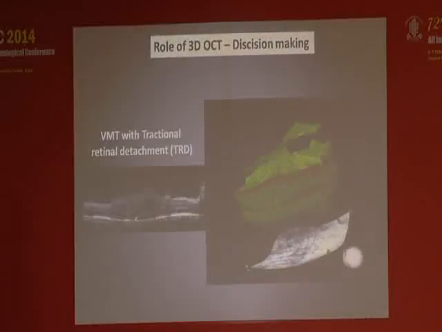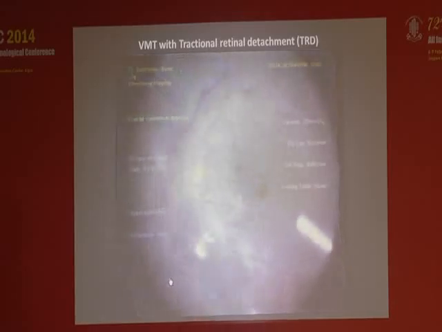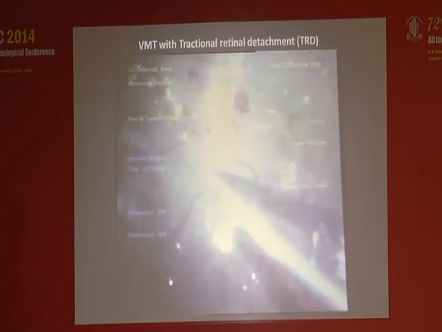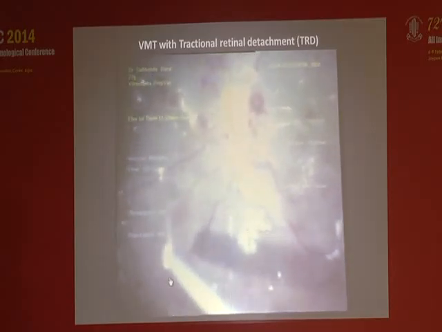Now, the role of 3D OCT also in decision making in extreme situations of VMT: tractional retinal detachment can occur at the macula. So you can assess the macula by 3D OCT like this, pre-op picture, and I think Dr. Ranandas will cover the retinal detachment part. But still, I am showing one approach to tackling this kind of macular TRD: after doing a vitrectomy, do the PVD induction,